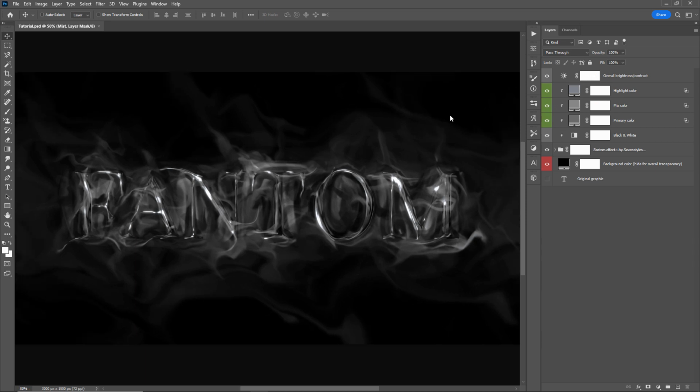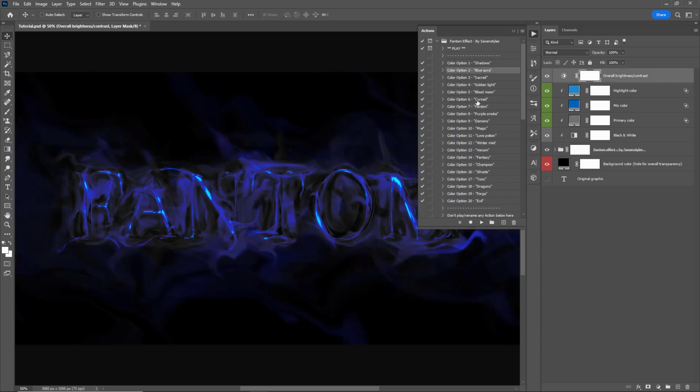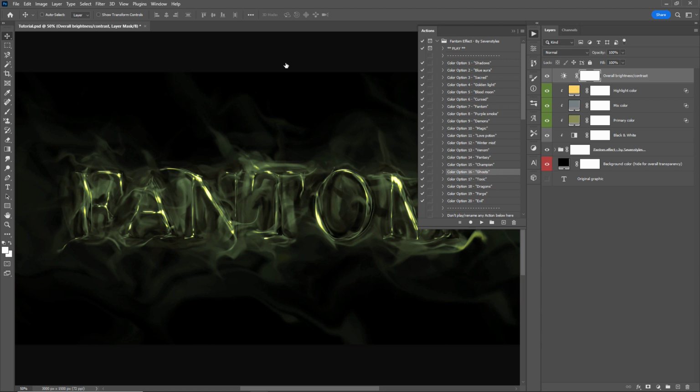So one of the first things you might want to do after running the action is experiment with different color looks. So if you open the actions panel here and under the Fantom Effect folder, I've set up 20 different preset color looks. And the way these work is that you just select one and then click the play button. And then that will apply a different look. So I'll select this one here, play, and let's try another one. Okay,